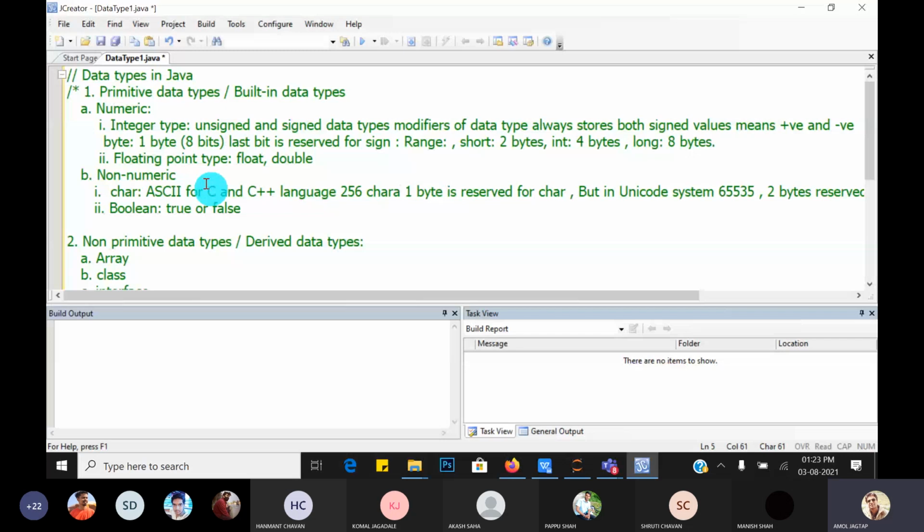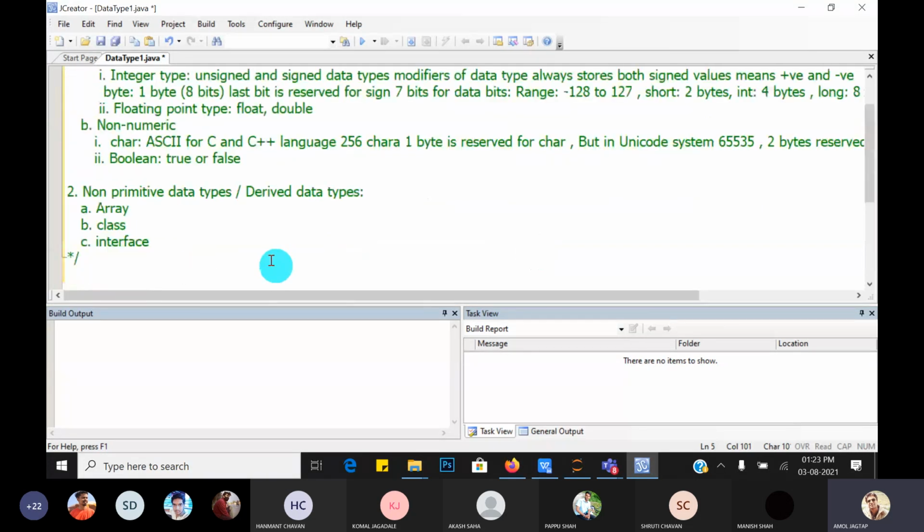The remaining 7 bits are data bits. So what is the range? How many values can we store? Minus 128 to plus 127. Guys, we will demonstrate it.